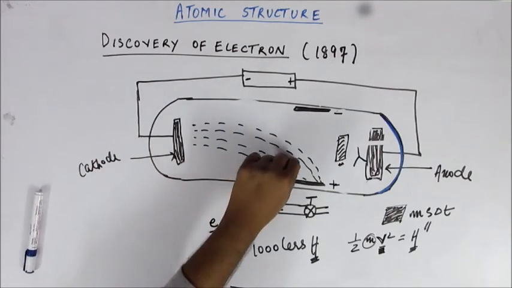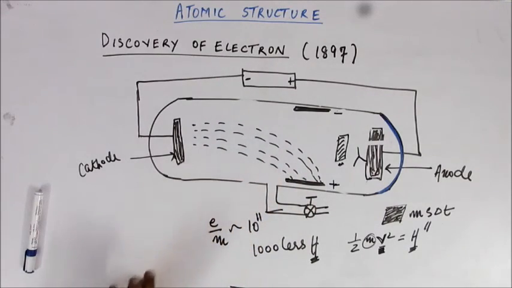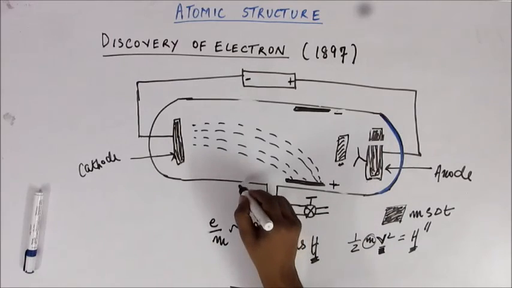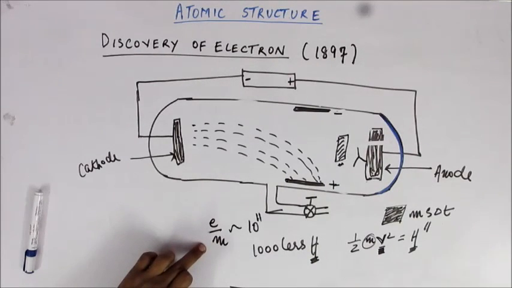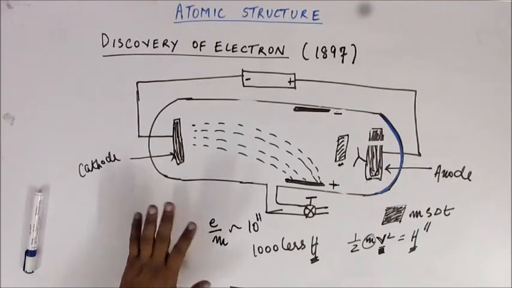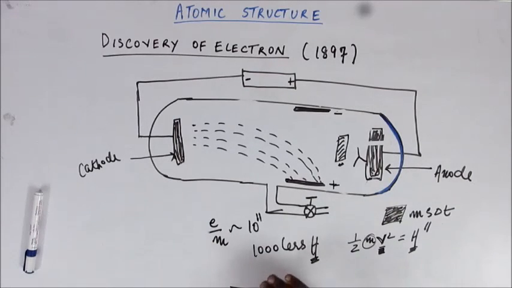So actually you have cracked into the problem of finding the atomic structure, because if you have found that all the atoms are made up of the same kind of fundamental particle, then you have moved one step closer to deciphering the structure of the atom. So this was a very, very profound discovery, that the e/m ratio of the radiation remains the same for all the atoms. And actually J.J. Thomson gave the